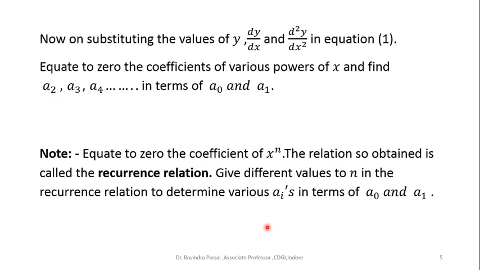Now on substituting this value of y, dy by dx and d²y by dx² in equation number 1 and then equating to 0, because the right-hand side of the equation is 0, to 0 the various powers of x, so that we get a2, a3, a4 and so on in terms of the two constants independently, a0 and a1. So out of these infinite constants, two of them are independent, because we are having a second